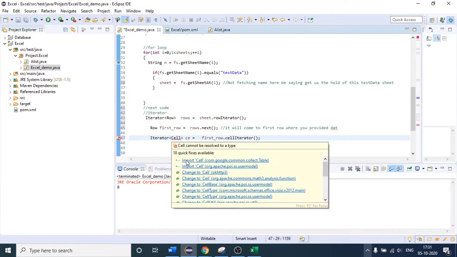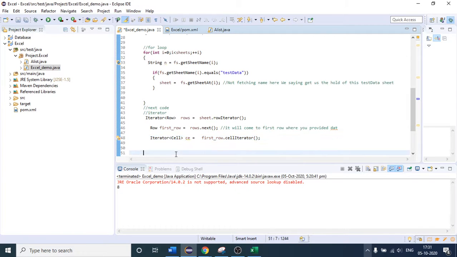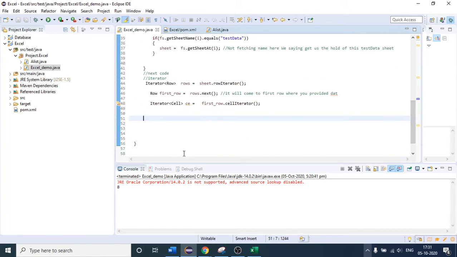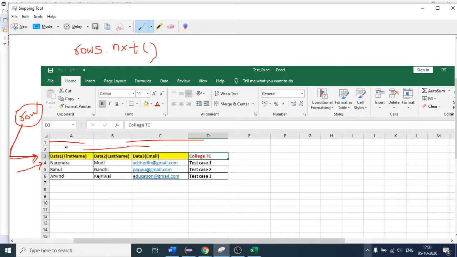There is one error. So I think it is the second one. Yeah. So after that, see here again. Let me come here. If I remove this, okay, anyway, what I am saying is that we came to the first row already.